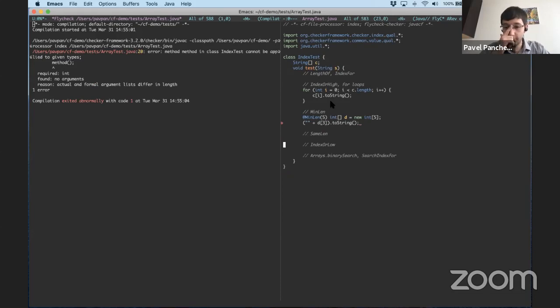Okay, let me also show you some interesting ways that the index checker has been adapted to work with real Java code. So one of the simplest is to look at the index of method. So Java arrays have a method called index of. So I can do, and when I call index of, the way that the